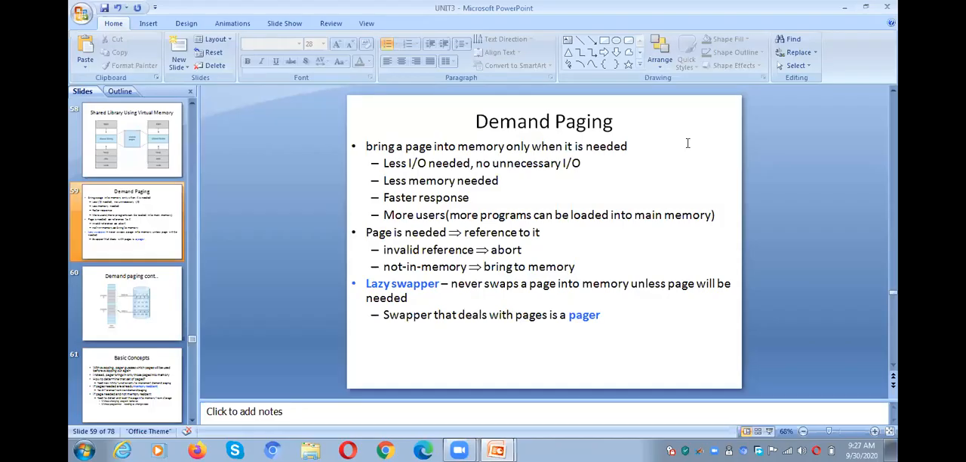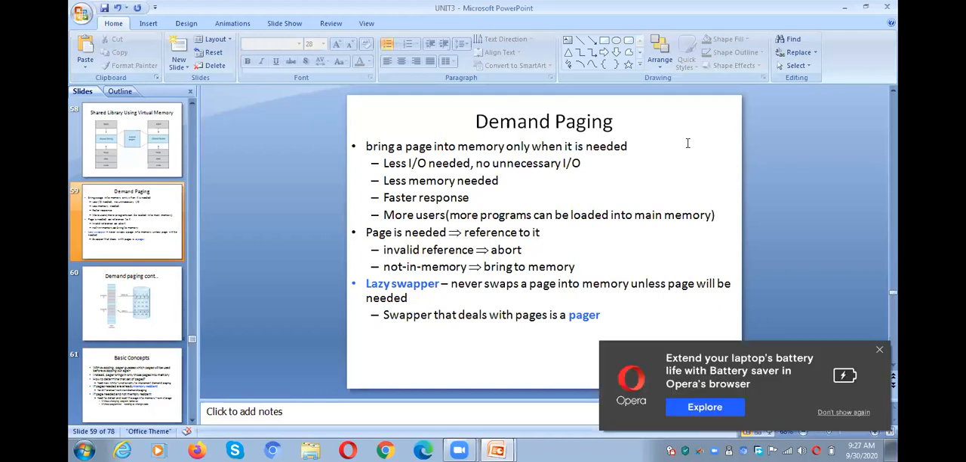Today we are going to discuss demand paging. So what is demand paging? As I already told you, the virtual memory, the logical memory space, is much larger than the physical memory, so we cannot keep our entire program in the main memory all the time. The main memory is much smaller when compared to the logical memory, so we cannot keep our entire pages. What we are doing is dividing the frames into